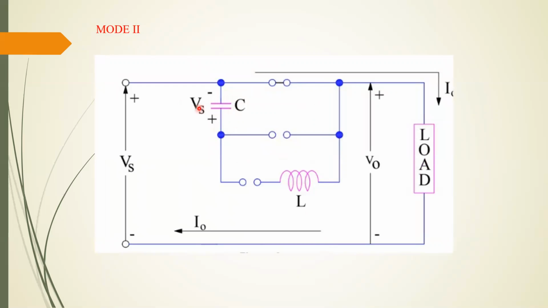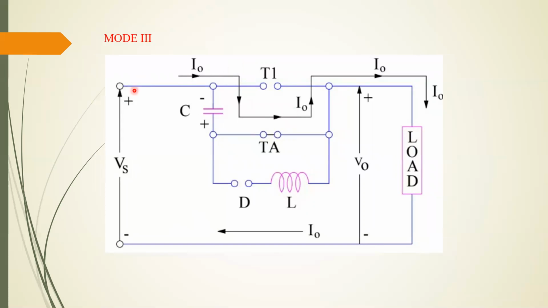Now at T1, what happens? This charging current will flow through the circuit until the total capacitive voltage becomes 0. It discharges to minus Vs. Then the charging current will die off. As the charging current is 0, the diode current becomes 0, hence the diode becomes open circuit. And the only current flowing in the circuit is I0, through the thyristor from the supply Vs, where Vc becomes 0. That means the capacitor is totally discharged. That means IC becomes 0, but Vc becomes minus Vs.